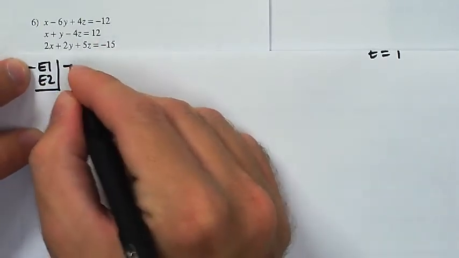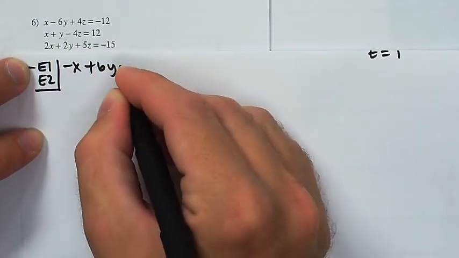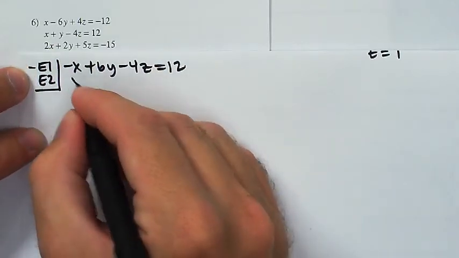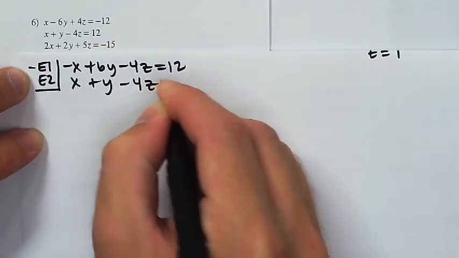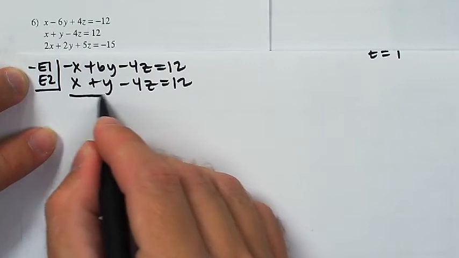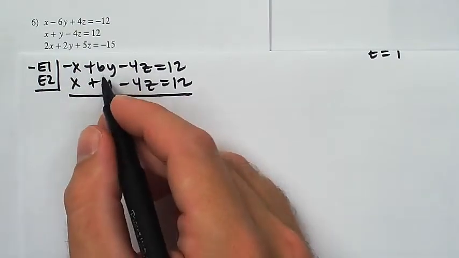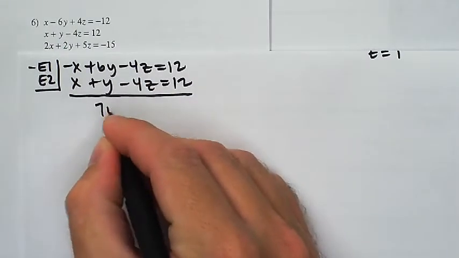Okay, so the negative of equation 1 would be negative x plus 6y minus 4z equals positive 12. And then regular equation 2 is x plus y minus 4z equals positive 12. Okay, I add these two equations together, and I'm going to get no x's, which was the idea, 7y's, negative 8z's,